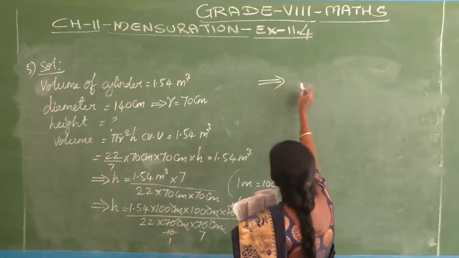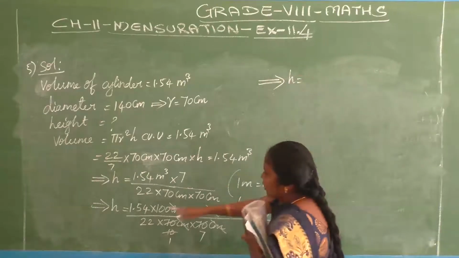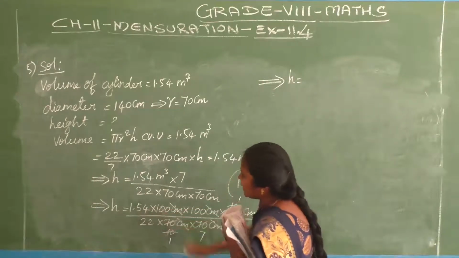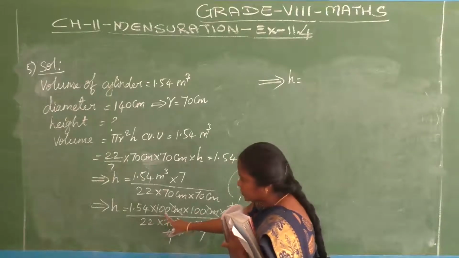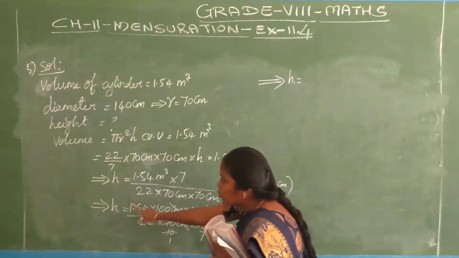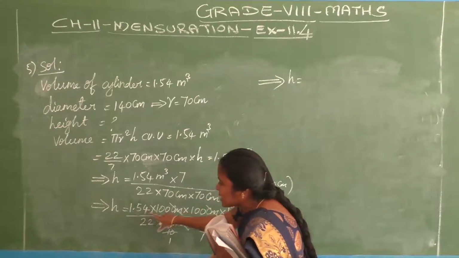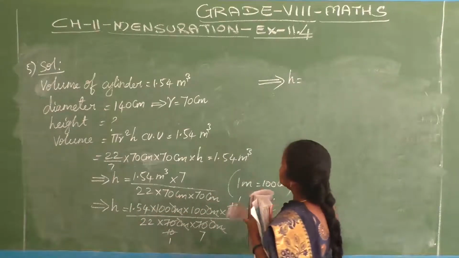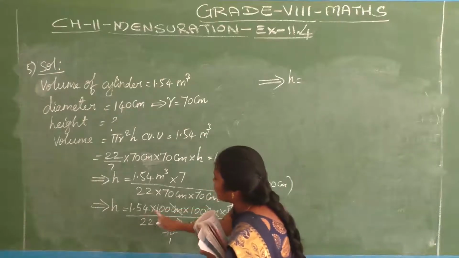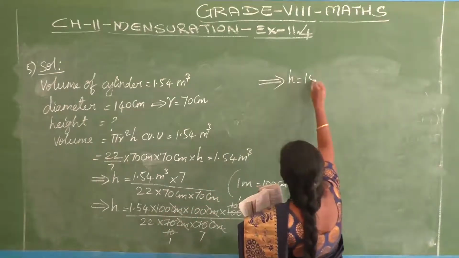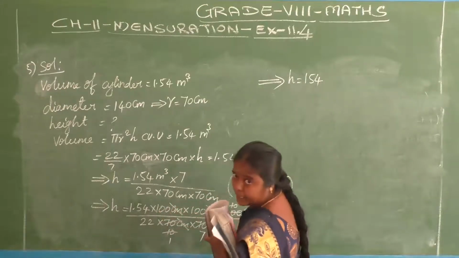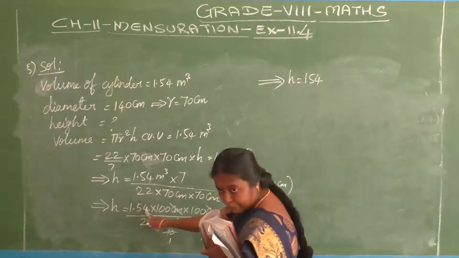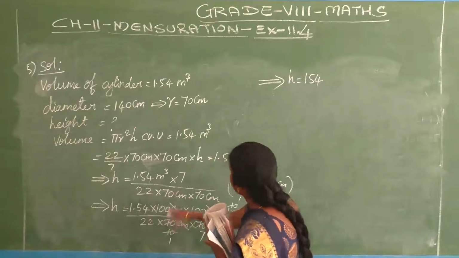So what comes? H equal to 1.54 into 100. If you multiply any decimal number by zeros category numbers, the point will move from that place to the right side 2 digits. Yes or no? So that 1.54 can be written as 154 after multiplying with this 100. Clear? 1.54 into 100 becomes